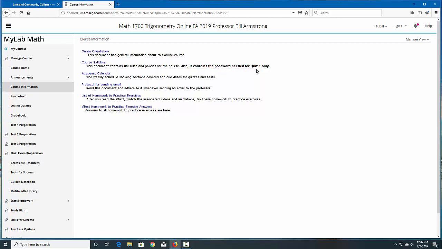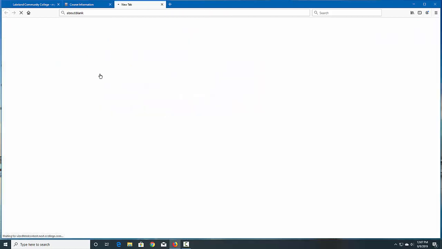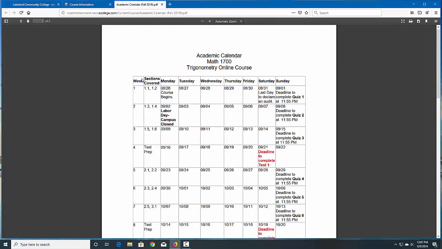Point that out one more time. Next, let's look at the academic calendar. Okay, the academic calendar, it too is a PDF, so you should print this out and have a hard copy of this on hand. This shows you on a week-by-week basis what sections are being covered, and it also shows